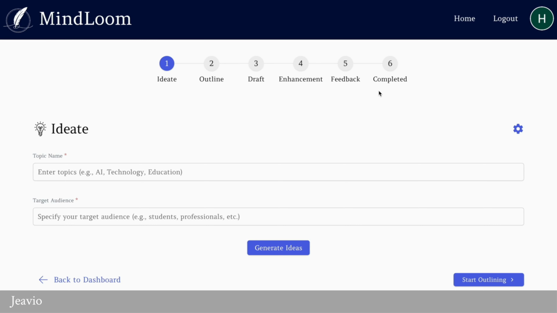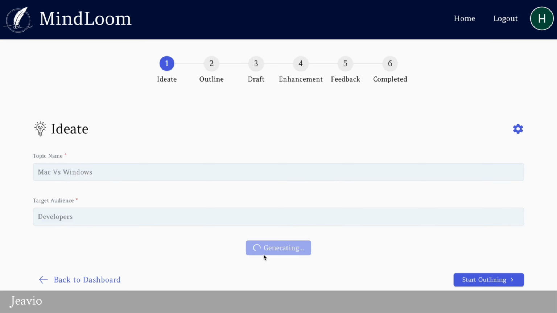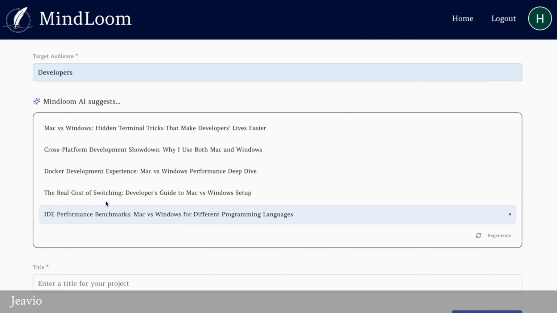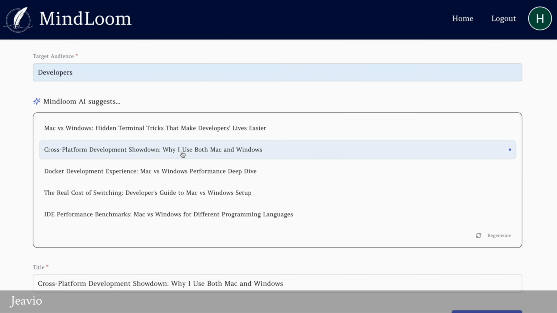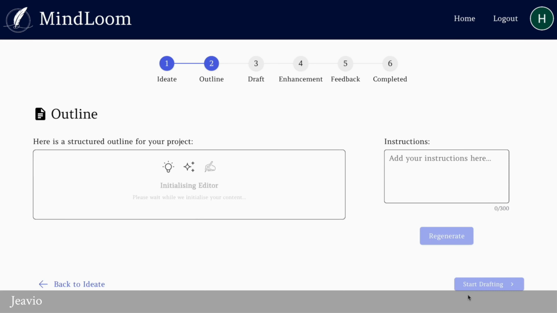So here is the idea stage where the user will provide the topic name and target audience. So that idea that the user has in their mind, they will just provide it, and Mindloom will simply generate the title for the blog that they are writing. So here are the titles that are generated, and if you like any title, suppose I like this, I can select this, and if you want to regenerate, you can even regenerate that, and you can just start outlining